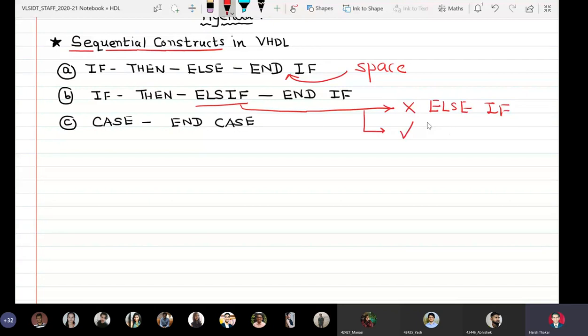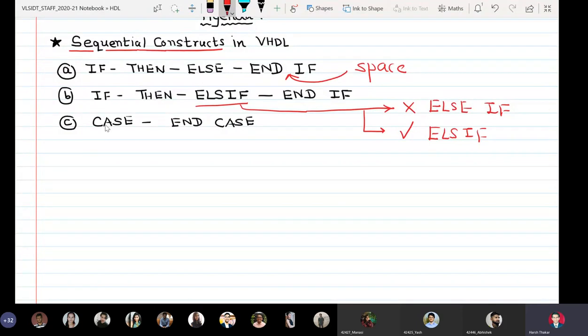What is acceptable is actually elsif. So when we read this, we will read it as if, then, else, end space if, or we can say end if also. Although we say end if, we will not write it as ENDIF, but we will write it as END space IF. And the variant is if, then, elsif. Don't say else if, which means else space if, which is not allowed in the language. You should say elsif. So if, then, elsif, and end if.